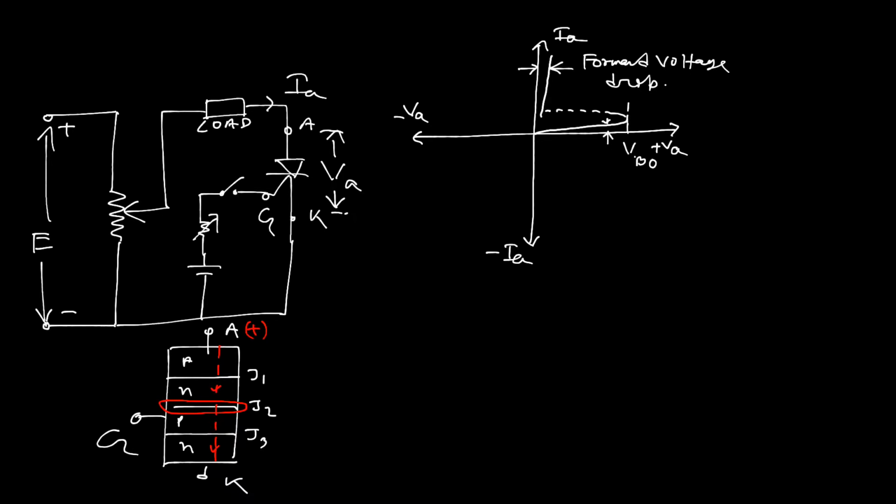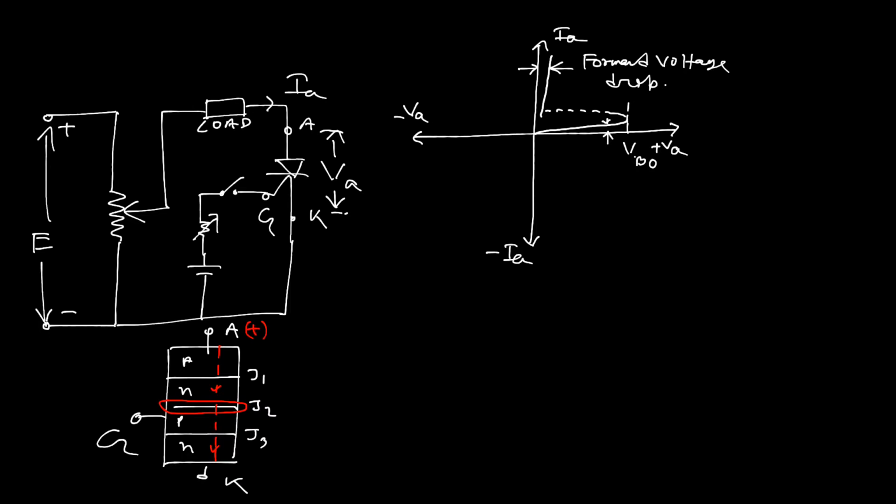And that can be explained by 4 layers and 3 junctions. As the PN junction has its resistivity, considering the 4 layers and 3 junctions, a small amount of voltage drop can occur during conduction time. That is why this is called forward voltage drop. And this is a leakage current, very small in magnitude, that can occur in the blocking state. As the junction J2 is in reverse biased condition, a small amount of leakage current starts flowing when the thyristor is not in the on state.